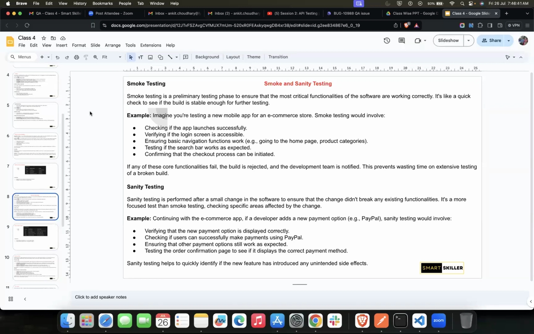When a few iterations of the software have already been released, we need to start another round of testing because some new functionalities have been introduced. In order to make sure whether that software is in a testable state or not, we need to run a few test cases just to make sure that the software is testable.